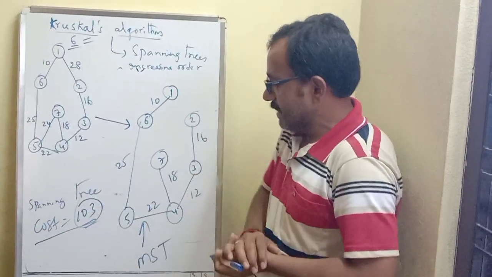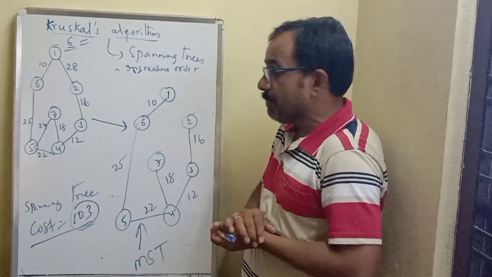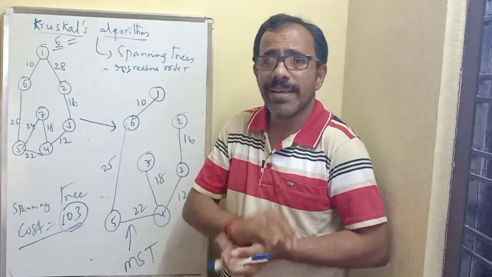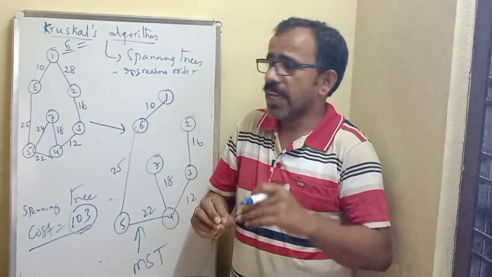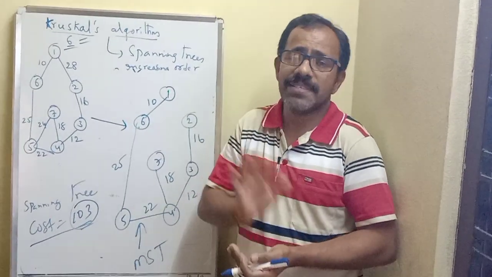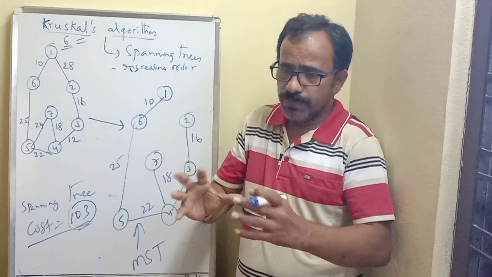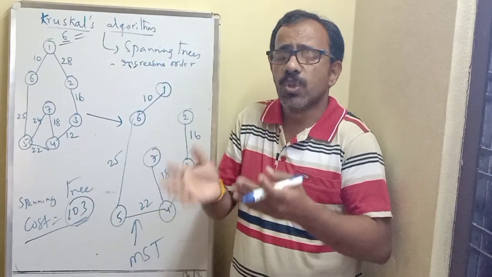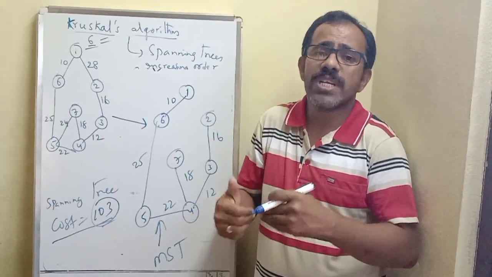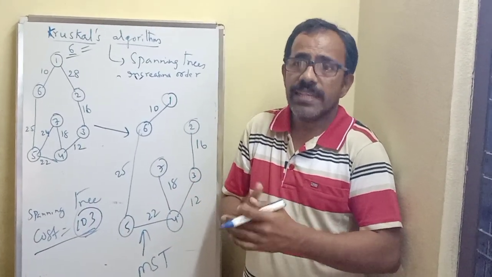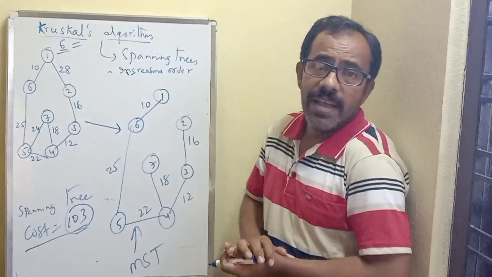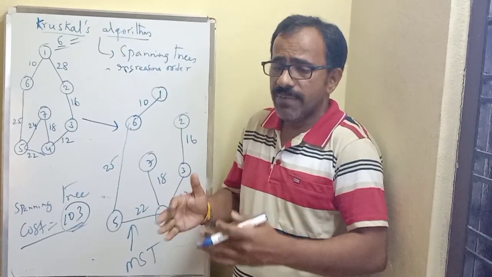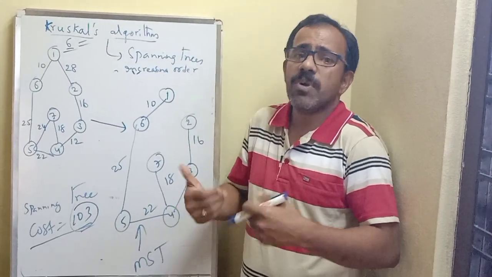We can say this is the minimum spanning tree or minimum cost spanning tree, because every time before including new edge, we are following criteria as min. Every time the new edge is selected based on min as criteria. So that particular inclusion is possible or not, we are checking. Suppose that particular edge is minimum, but inclusion of that edge may form cycle. In that case, we are simply discarding that particular edge. But again, we are going to select next edge like this. But every time we are concentrating on minimum cost edge selection.